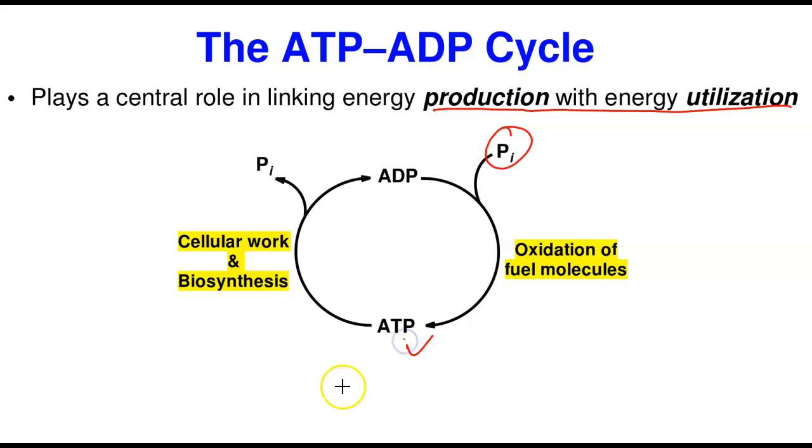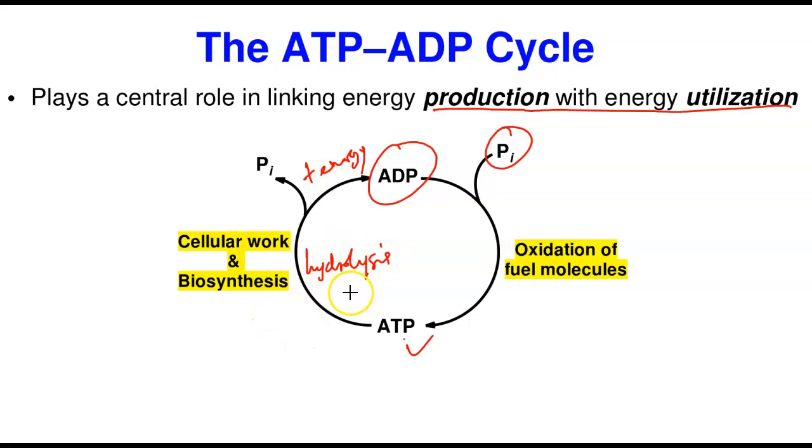And then what happens next? Now that ATP is hydrolyzed, when you hydrolyze ATP and cleave off that phosphate group, you form your ADP back. So you recycle your ADP back, and this results in energy. And that energy released is used to do cellular work or biosynthesis. The cellular work includes movement of the muscle and, let's say, active transport. And biosynthesis means synthesis of biomolecules.